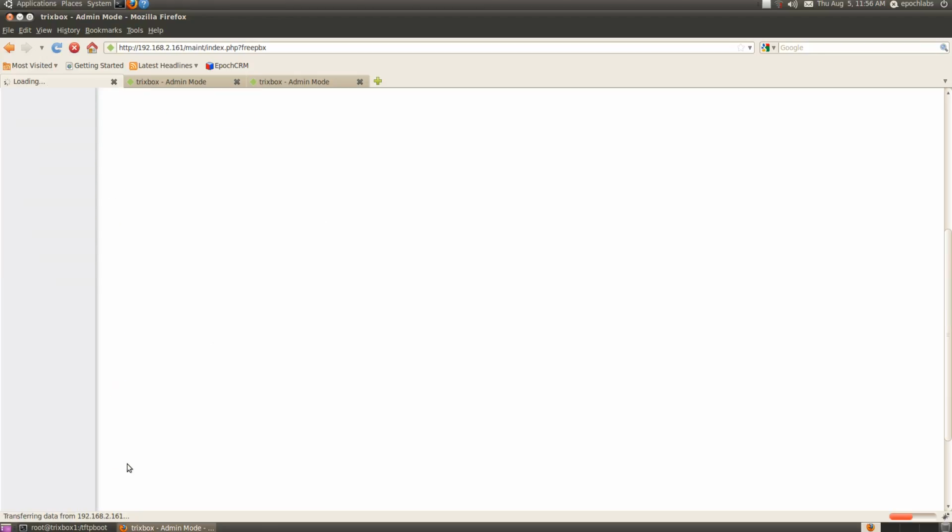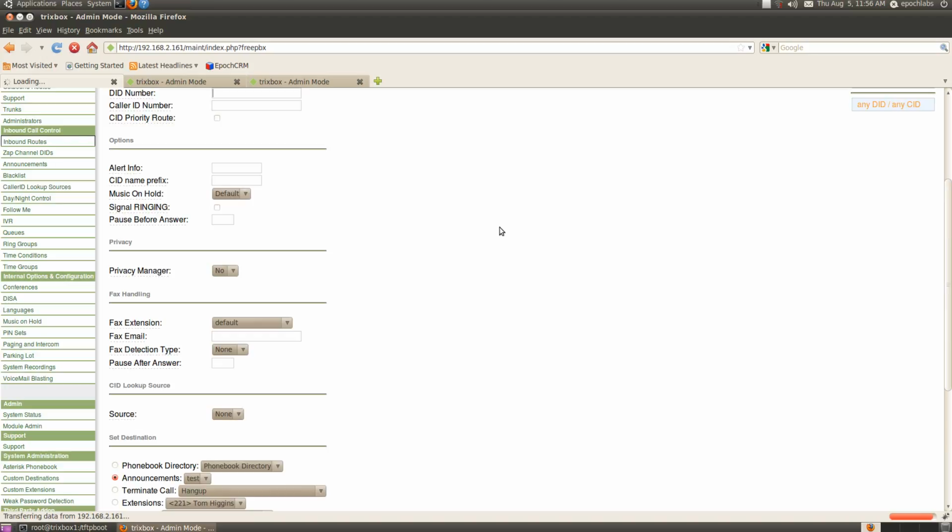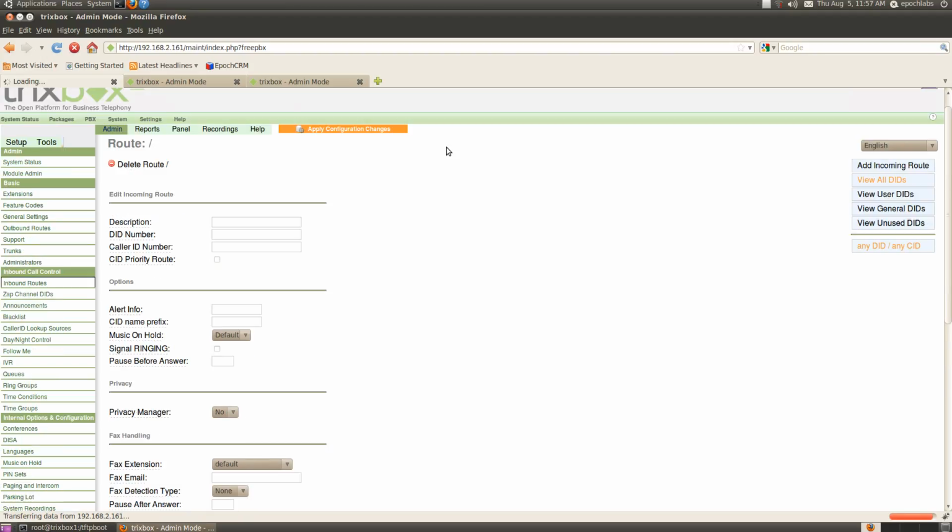Once we've done all that, what we need to make sure we do, as with every step throughout TrixBox, is remember that we've made all these temporary changes. We haven't actually activated them on the system. So at the top of the screen, you'll see there's a little orange box that says apply configuration changes. I'm just going to click on that,